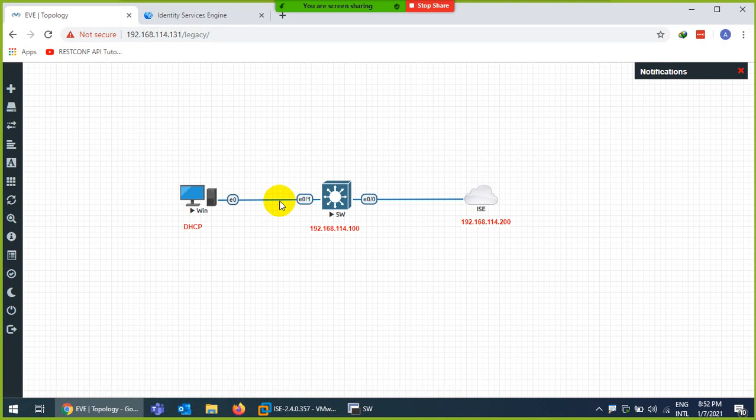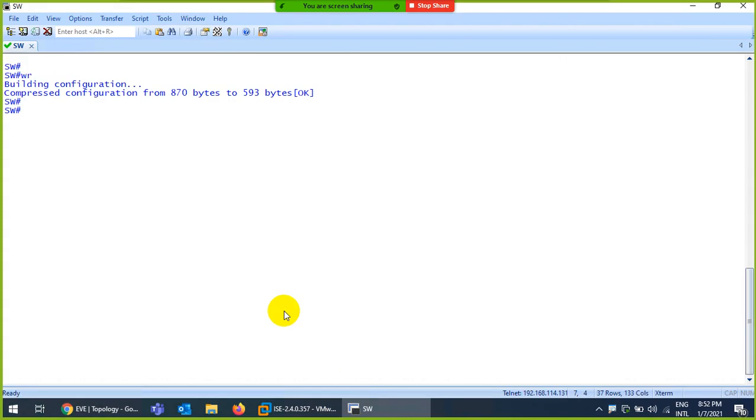Now, which port are our end devices connected to? It can be many devices, but in this case I have only one device for test purposes. And that is connected to 0/1. So let's go to that interface to configure them. But before that, I need to type some commands for .1x.